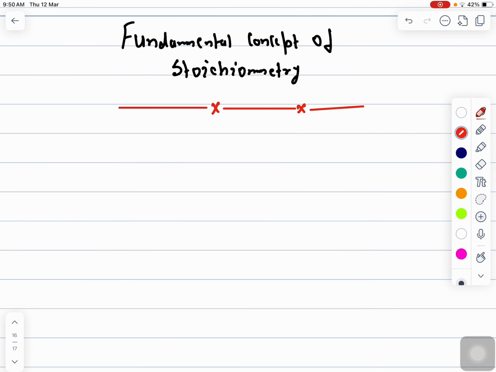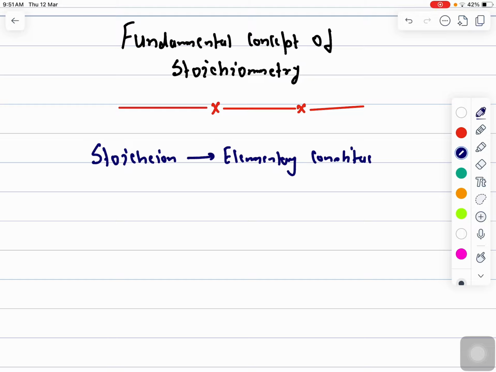In today's lecture, I'll be talking about the fundamental concept of stoichiometry. It's very important. When we talk about stoichiometry, first I'll be talking about some foundation. The word stoichiometry has its origin from the Greek word stoichion. The meaning of stoichion is the elementary constituent. And then metrion,